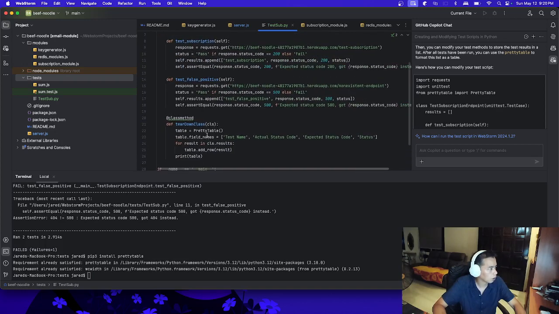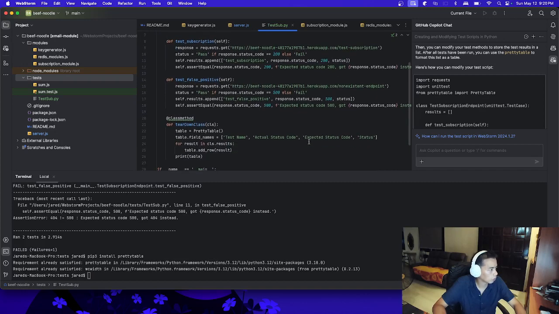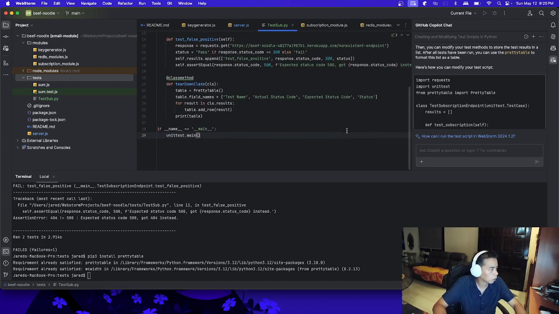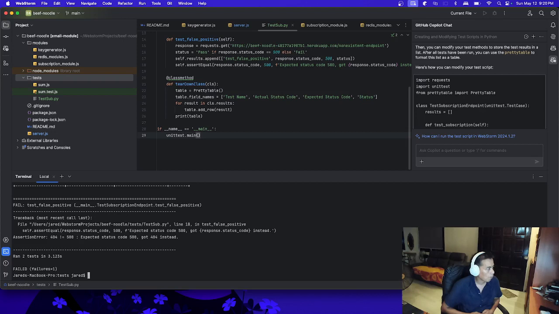Okay, so it has set up some field names here that we can see after we run the test. So let's go run the test again. Hmm. Did I save it? No, I guess I didn't save it.